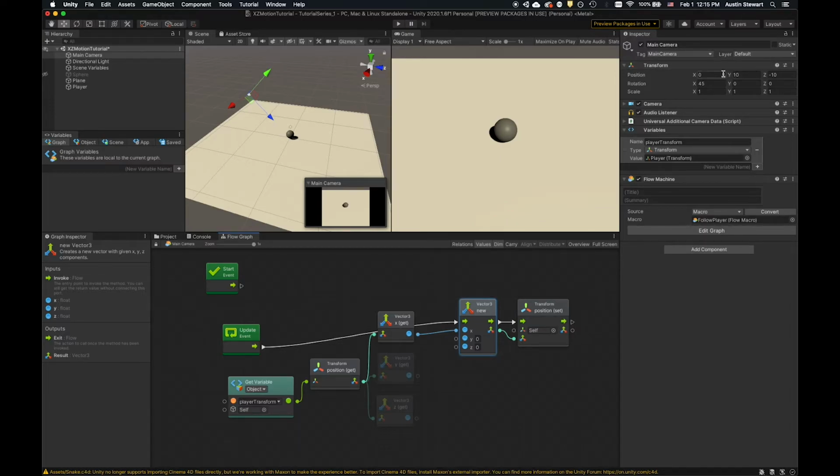So y is 10, and z is negative 10. And so there's a couple things that we can do. Now the trick is we'd say, oh, why don't we just use these position variables? Why don't we just get the position transform from our camera and feed them in here? Now the issue with that is that, right, if you're getting the position transform here and your position's 10 and